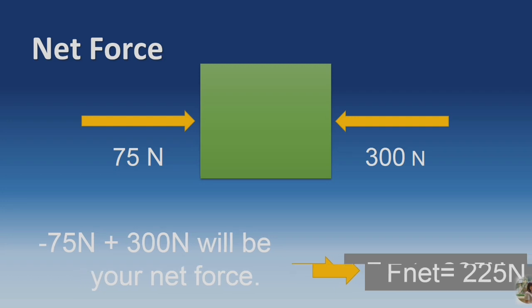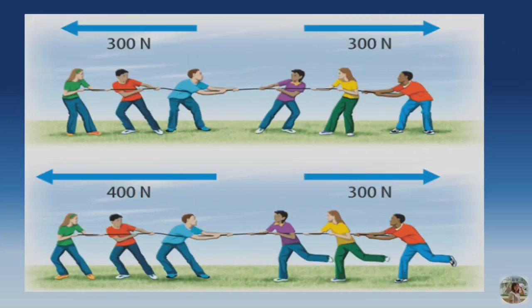Take a look at this illustration. Sa unang picture, makikita dyan na binubuo yan ng dalawang team. Both of the teams exerted the same or equal amount of forces. Kapag kinumpute mo yan at ginamit mo yung formula in calculating net force, the net force is equivalent to 0. Why? Negative 300 Newton plus positive 300 Newton,